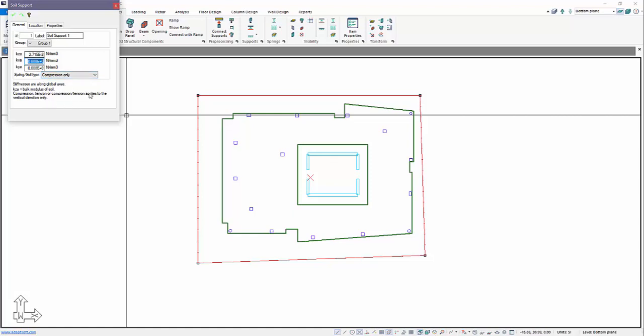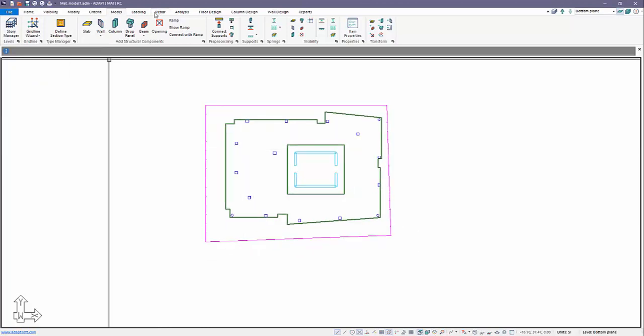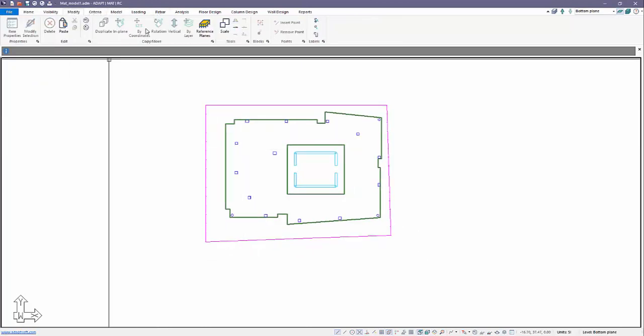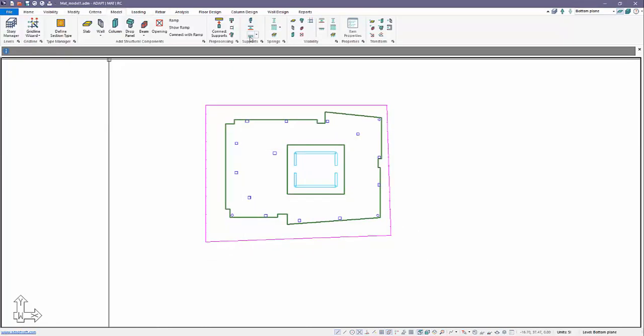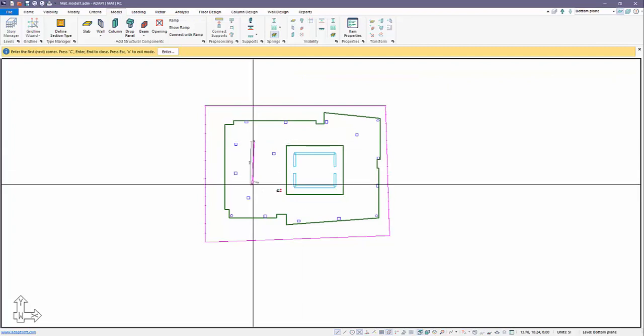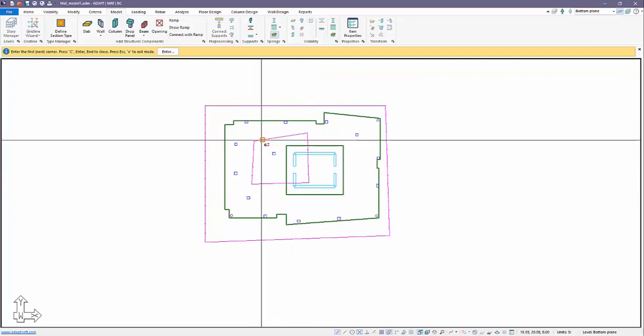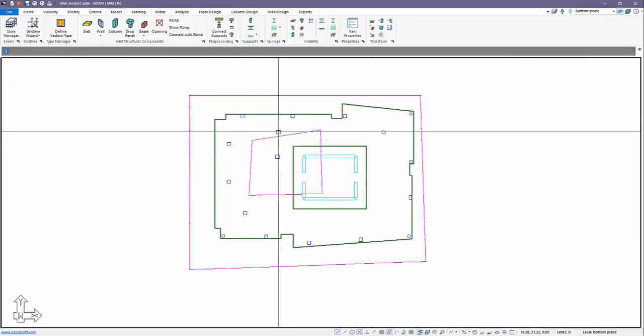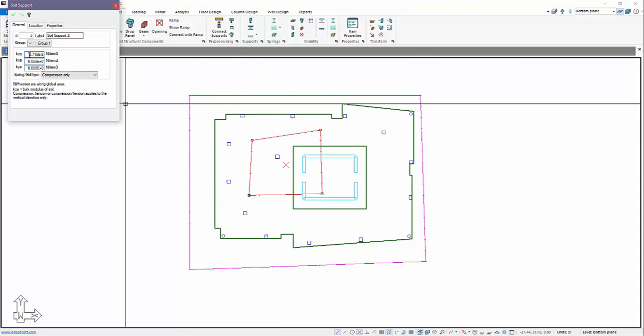If you have springs that are overlapped, for example, if I go back to model and add another spring here, and let's assume in that region we create a subgrade modulus of 5.0 E -2.